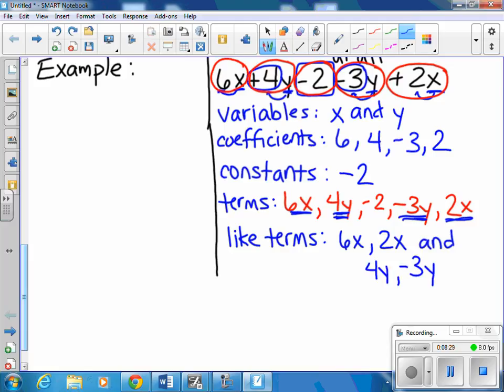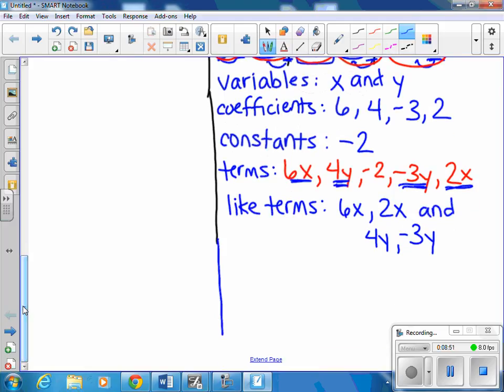Now negative 2, that little constant in the middle there, does not have anybody else that's like him. So he doesn't go under like terms. He just is not part of the like term category. Okay, so you've got to be careful and you've got to learn your definitions, because that's what's going to help you the most. But you will also do the chart that goes along with this and see if you can understand from those examples